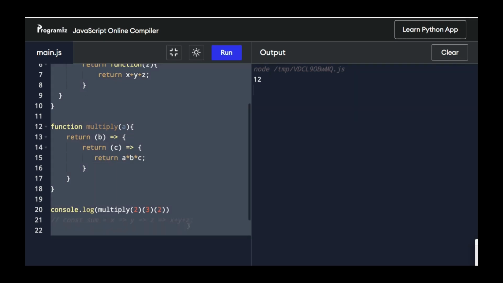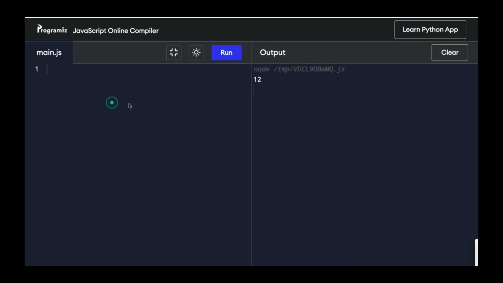I will get it from here as of now. So now let's take one more example. Suppose I have one users variable, right? And I'm creating a few keys here, like maybe first name and last name and maybe city and so on. It could have so many keys. Let's keep it simple with these three keys as of now. Now if I want to use this function without any function currying